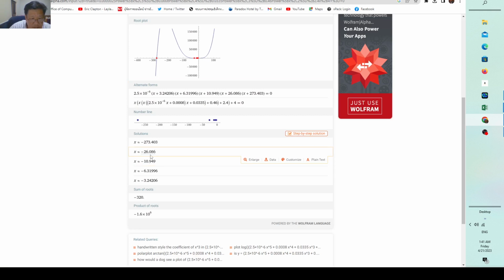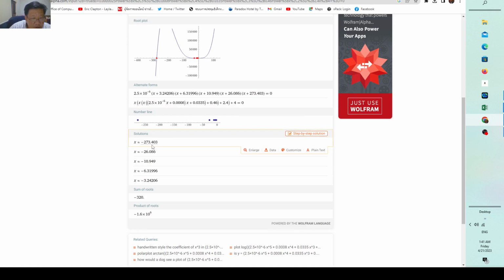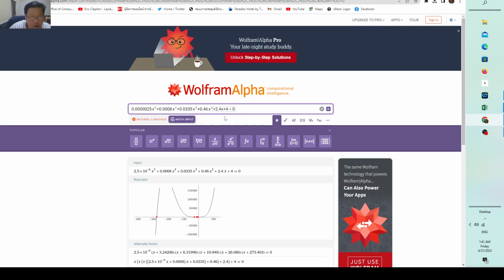The next one is minus 26.086, and then S sub 5 is minus 273.43. Okay, so you can see that you can find all the roots of a polynomial, just put it in here using